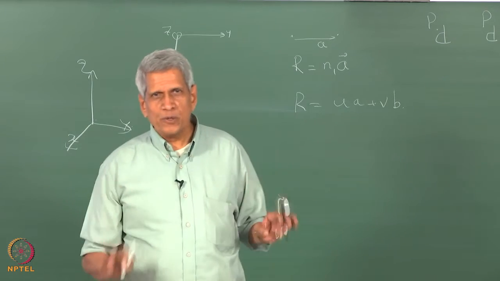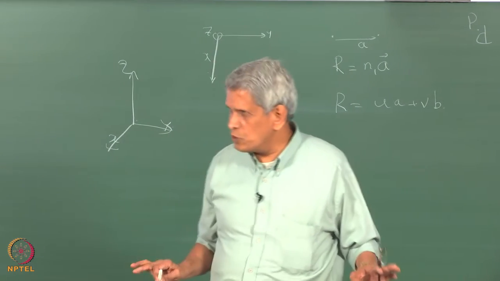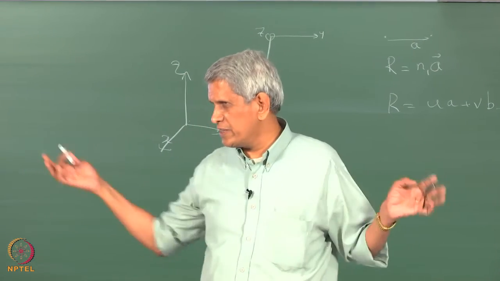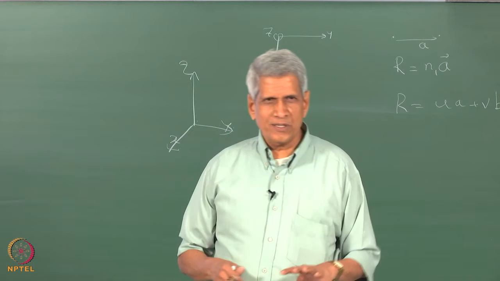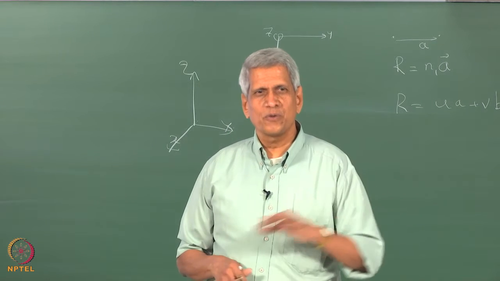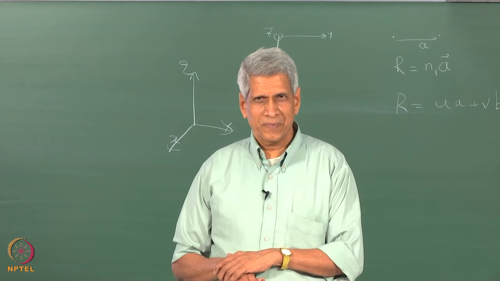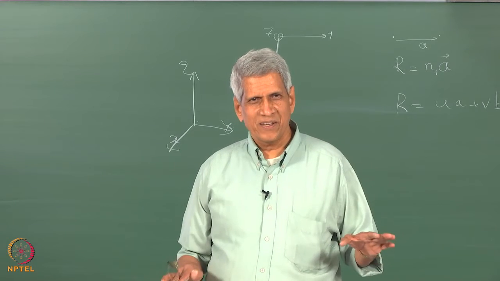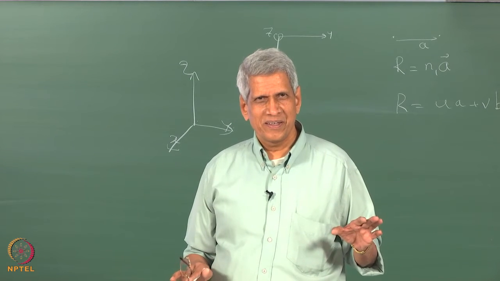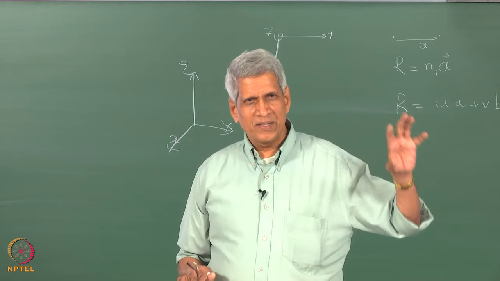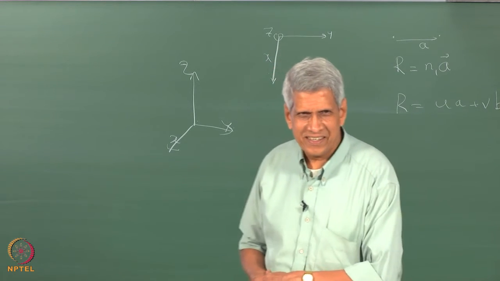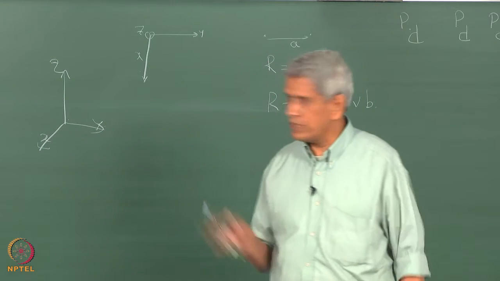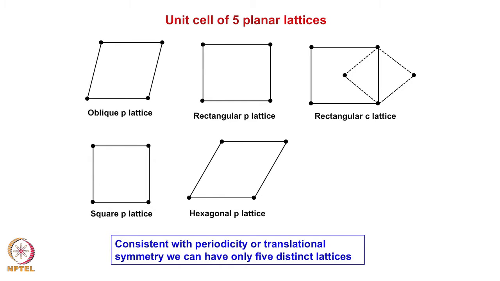Any diffraction pattern you get in two dimensions, even with X-ray or with the electron beam, should have symmetry corresponding to one of these. From those patterns, finally we try to find out what is the type of crystal structure which the material has got, right? That's what essentially I had shown here. These are all the 5